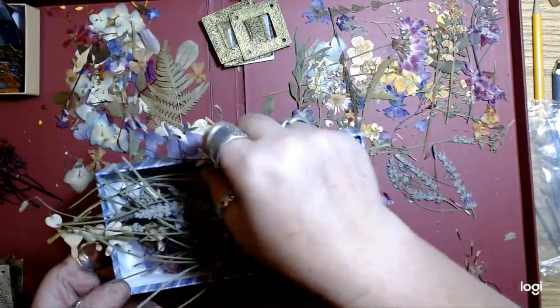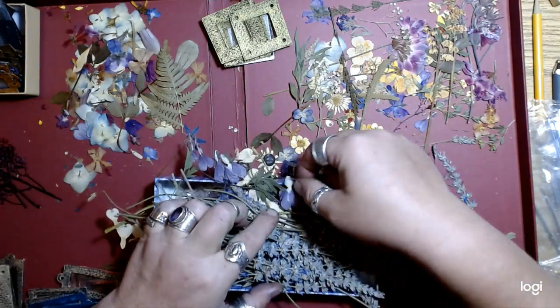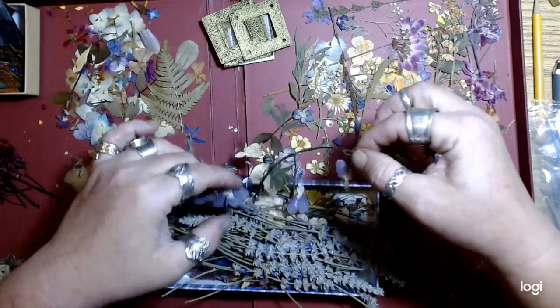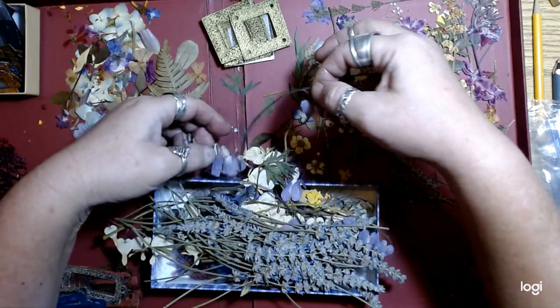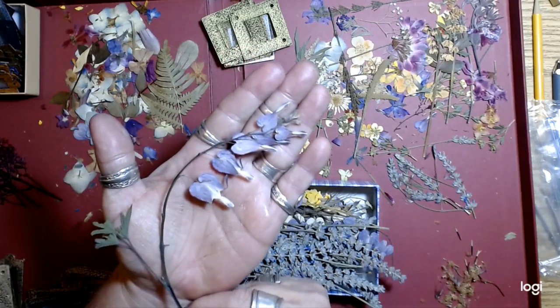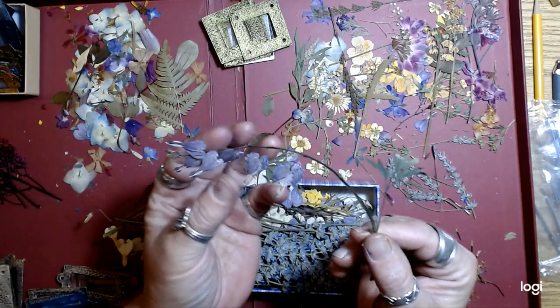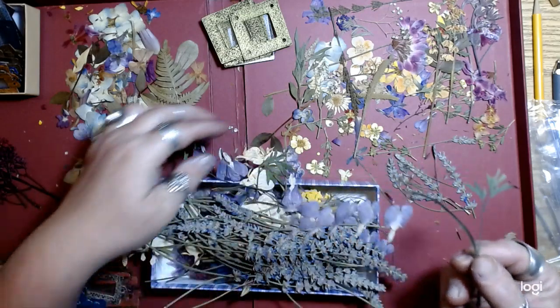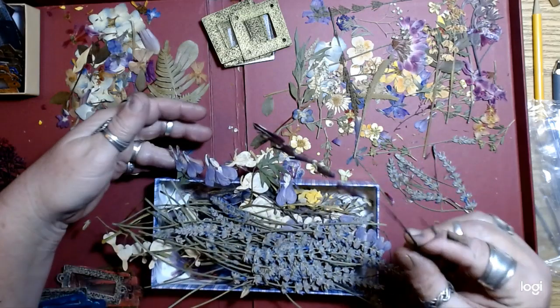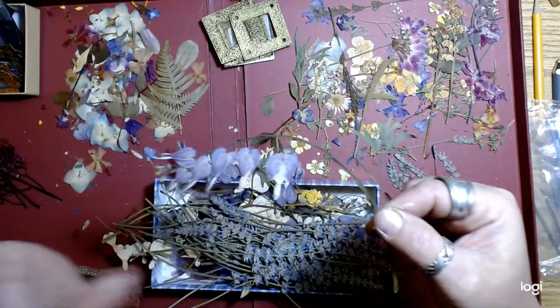I don't know if any of you are into pressing flowers, but Bleeding Heart presses really, really nicely. And Bleeding Hearts are blooming all over the place right now. They press really nicely and they're pretty. We have some white ones in the yard, and these were actually pink, and after they're pressed,